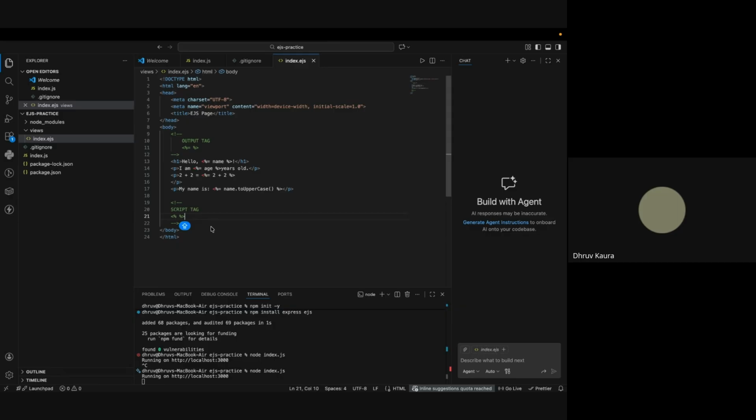it is just used for our logic statements like if else or any for loop we are using. Any logical calculations we are going to do will be done inside the script tag only. So